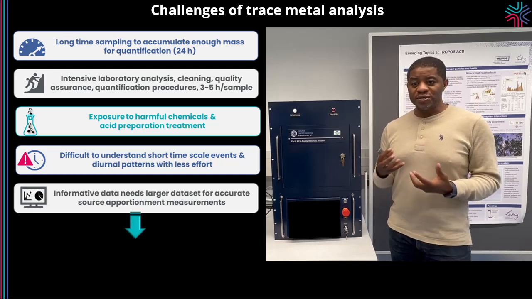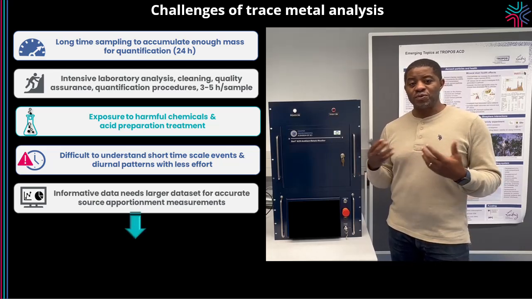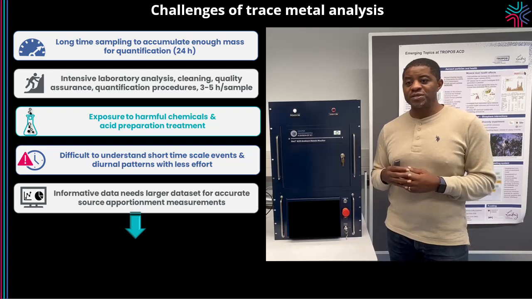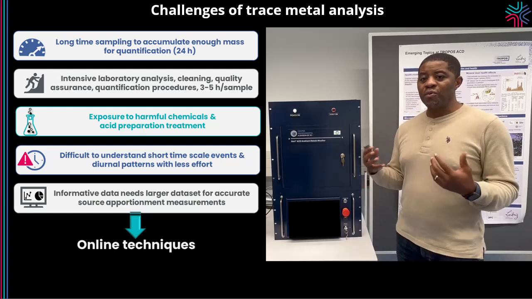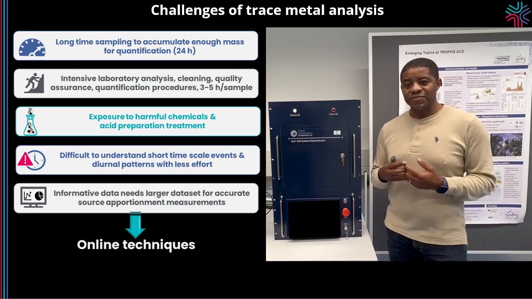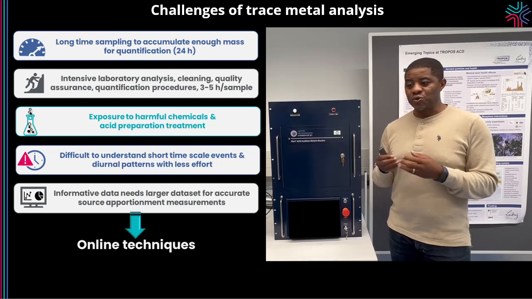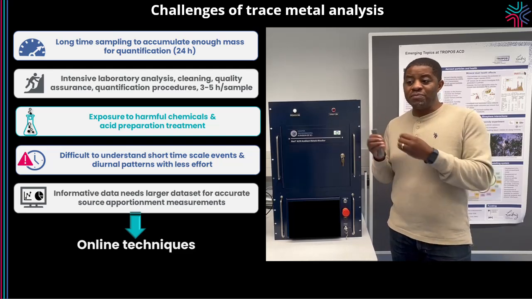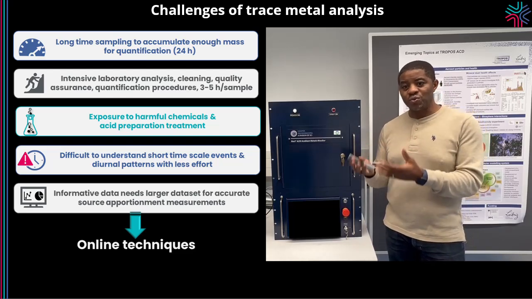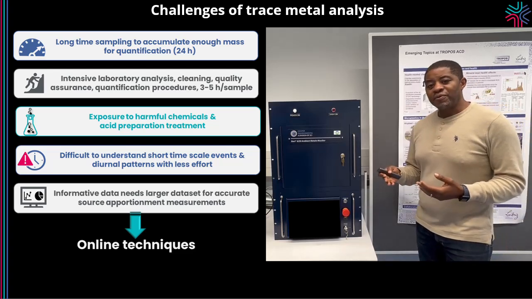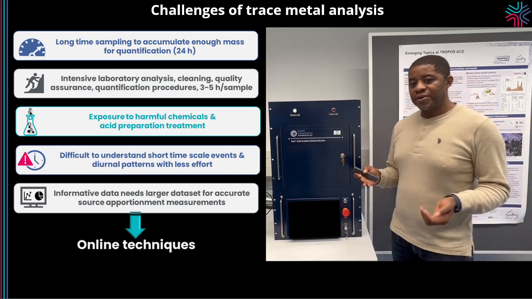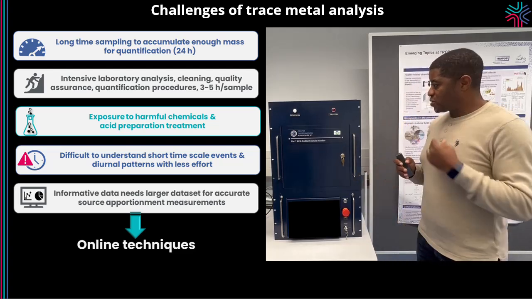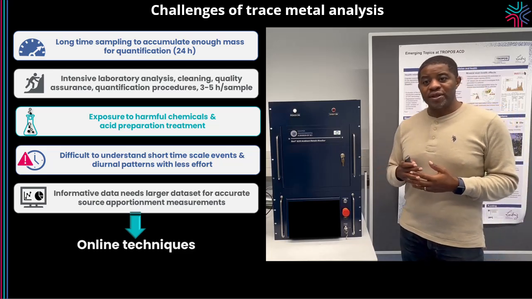Due to all these difficulties, people have been thinking of how to improve the quantification of trace metals, and online techniques are becoming more attractive for researchers, because with this you can actually pinpoint some emitters, some pollutants, and know exactly what they pollute. There are different types of online techniques out there. There are about 3 major suppliers, including HORIBA and a Chinese company. They also produce online techniques.